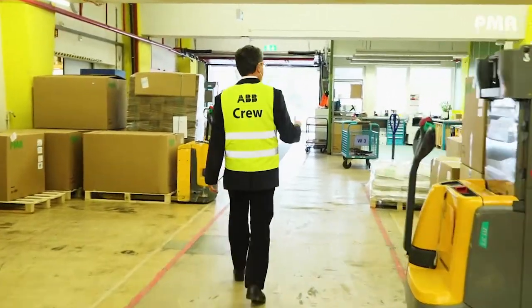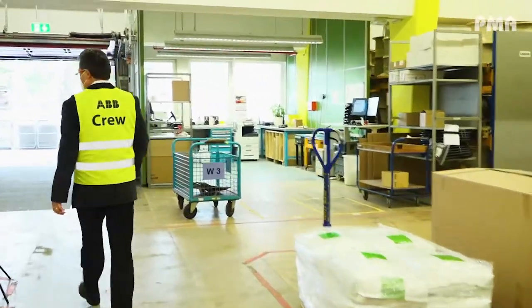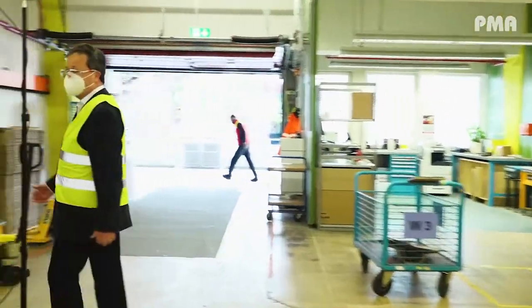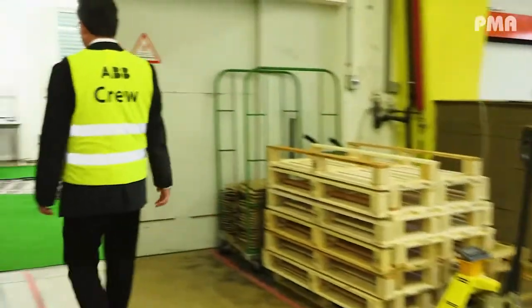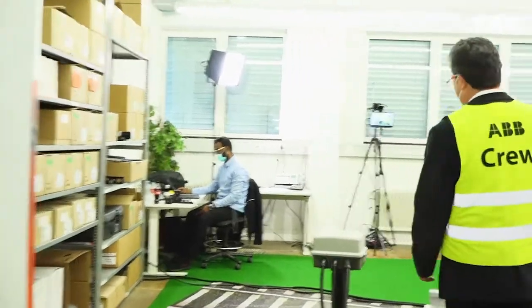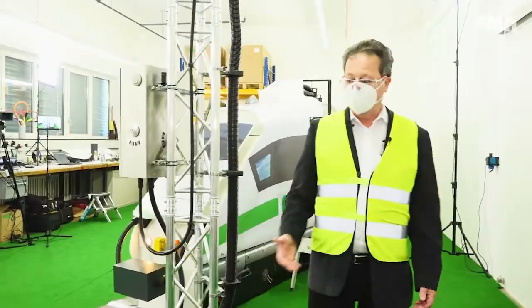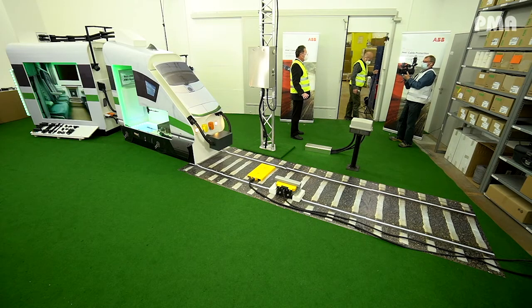So we are here still in the dispatch area, before we come to our prepared room. So, this is our well-prepared room, especially for you, but not only with all the parts in here, but also